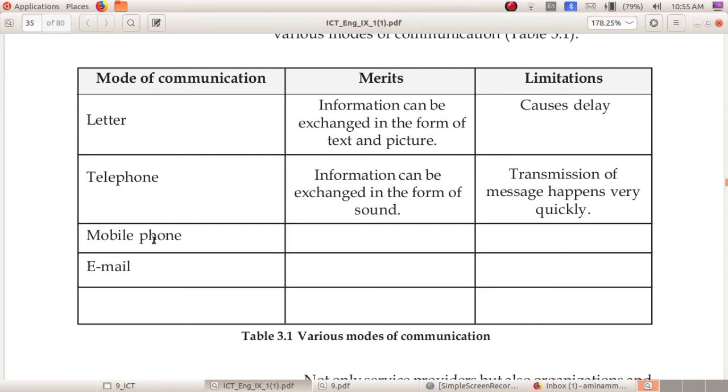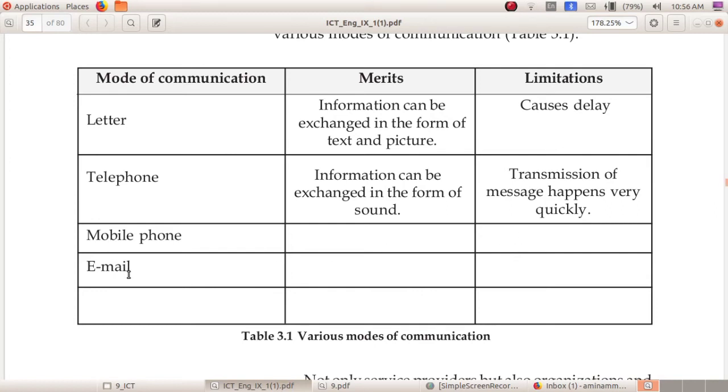The next mode of communication is mobile phone. What is the merit? Yes, exchange information very fast. Then what is the limitation of mobile phone? Yes, communication may get blocked due to network problems and all.